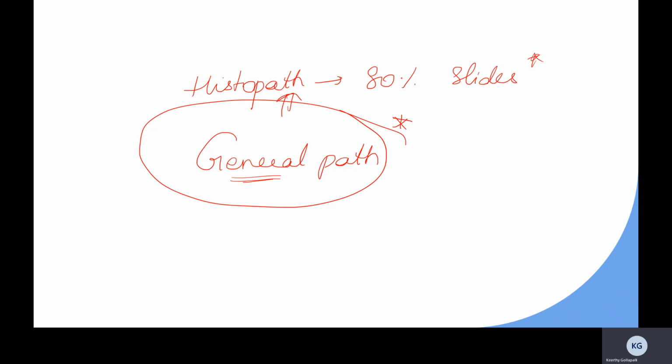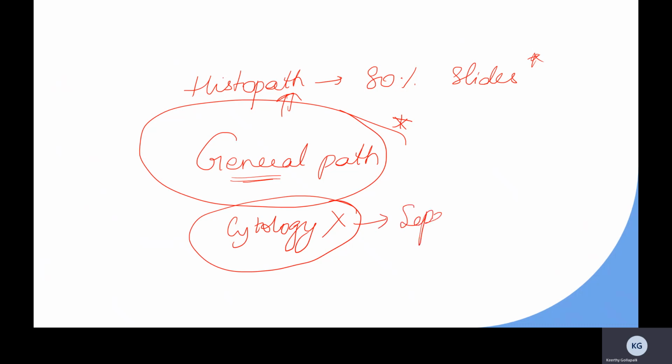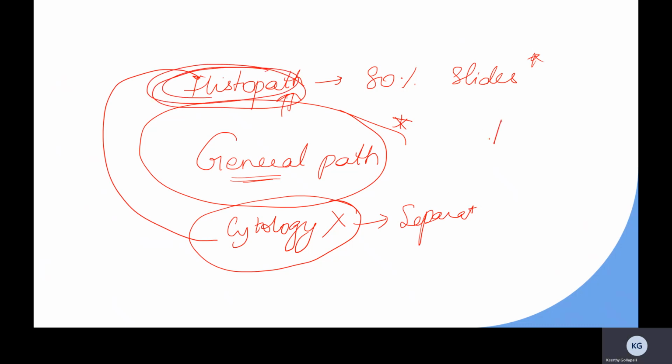As I told you, collect the questions of 5 to 10 years, then segregate them chapter wise, put them in 3 categories, and make sure you have all the material you need. Then next, I feel you should be focusing on the cytology part. Remember, what lots of students do wrong is they consider cytology a separate subject. No, you should always study cytology with your histopath. So whenever you are studying a histopath topic, let's think of liver, you should finish your cytology of liver the same day or at the same time.